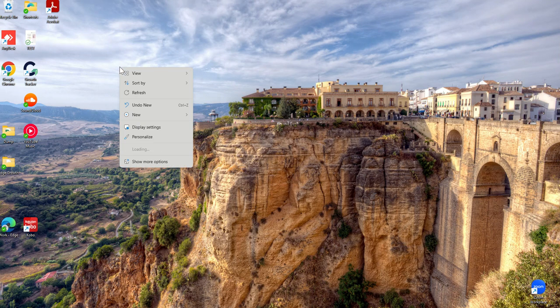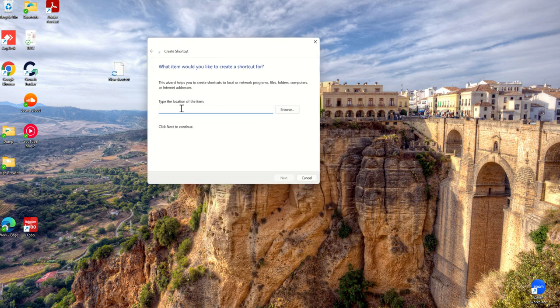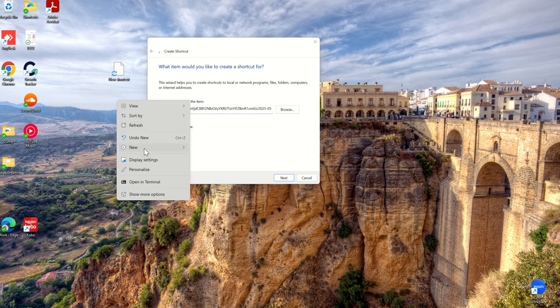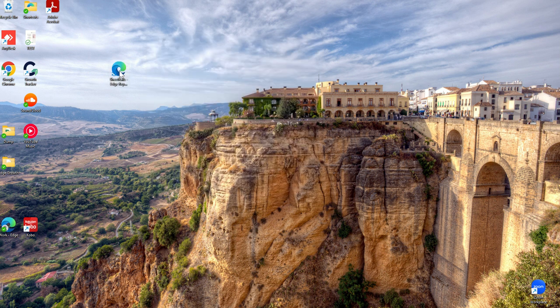Quick video to tell you about how to get to your SheetRails link and how to make sure that you access it properly. First of all, when you receive the link in an email, whatever it looks like for you, I would come to my desktop, right click, create, say, new shortcut, and it'll bring it to here. Paste that link in here, go next, call it SheetRails or Edge reporting, and then finish, and then double click on that, and it'll take you through